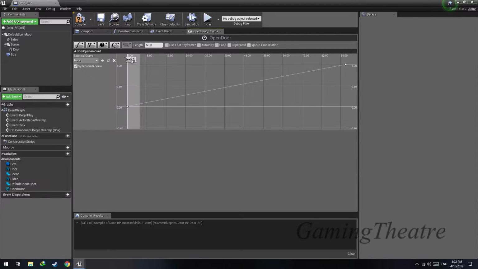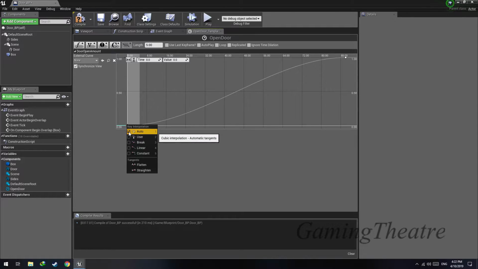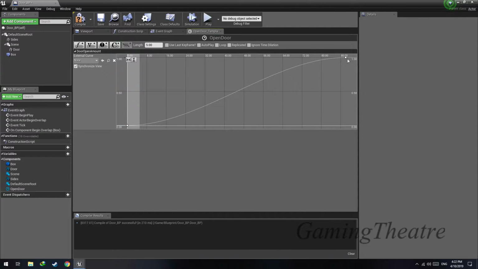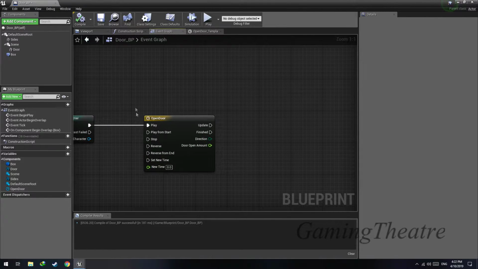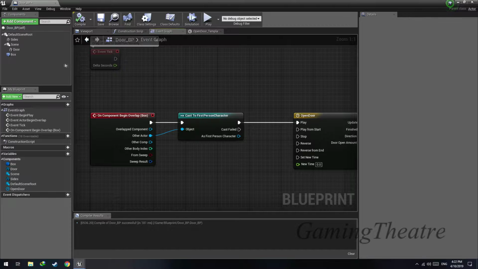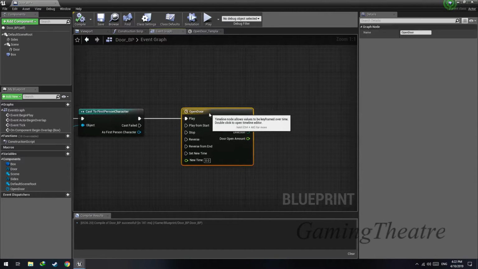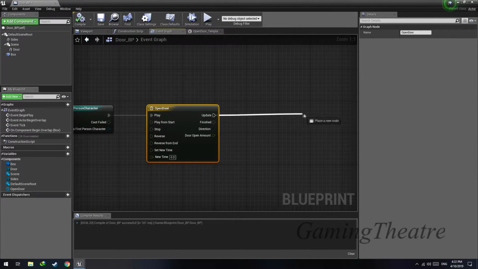Now press this to fit horizontally and fit vertically. Right click here and set it to auto, so we have a nice curved line. This will make sure that the door opens smoothly and not instantly. Now once the player begins overlapping the collision box, it's going to play this timeline and let us